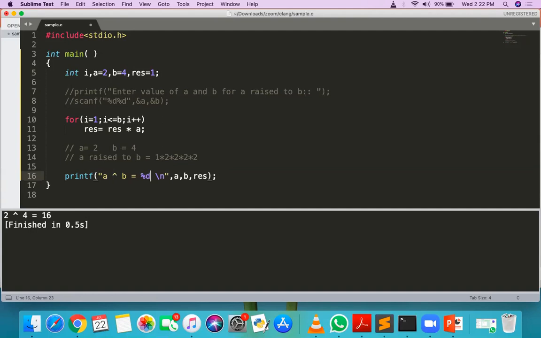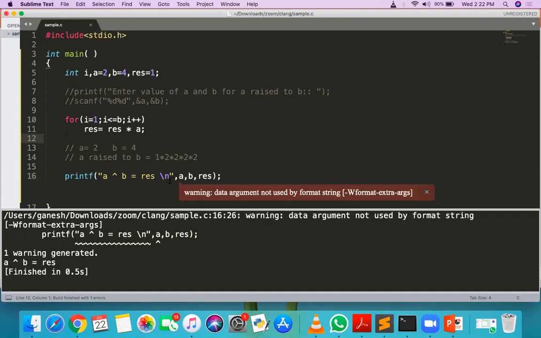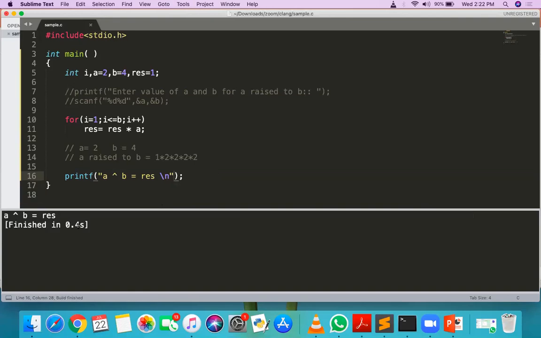If you are giving A and B, it will print A and B. It is not printing the value of A and B. Do you want this result, or do you want A and B replaced by values, like A raised to B is equal to %d, comma RES? Yes, definitely. A raised to B is 16, but what is A and what is B? So the answer should be specific.